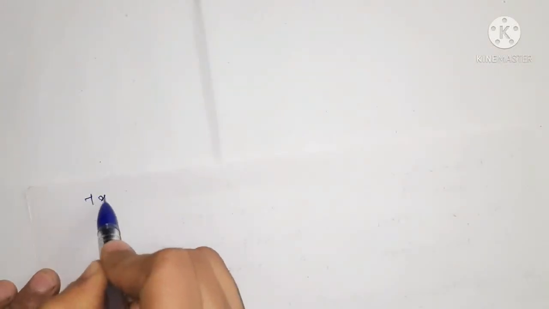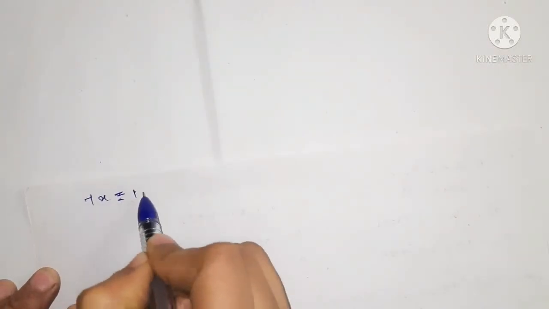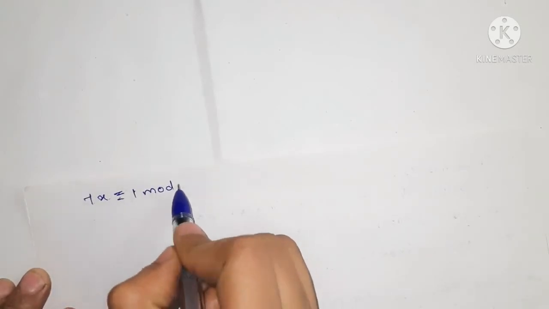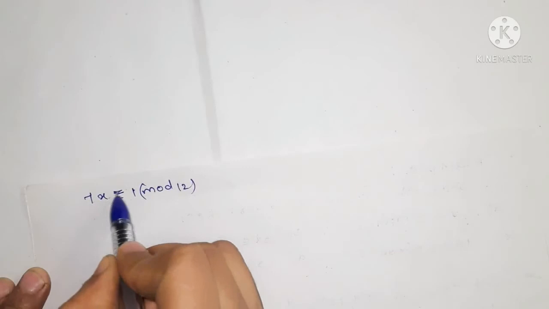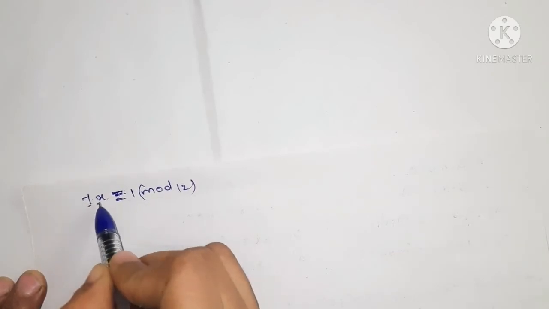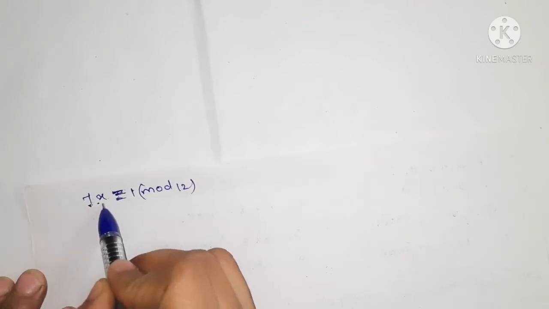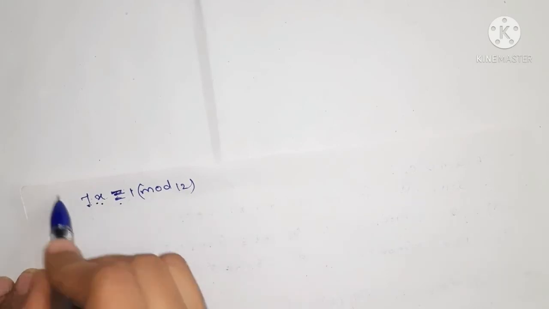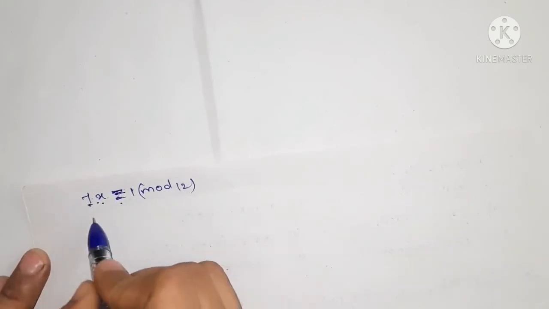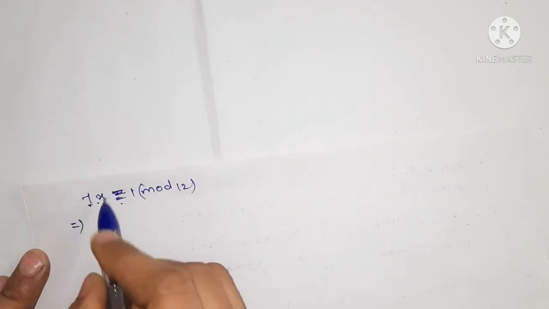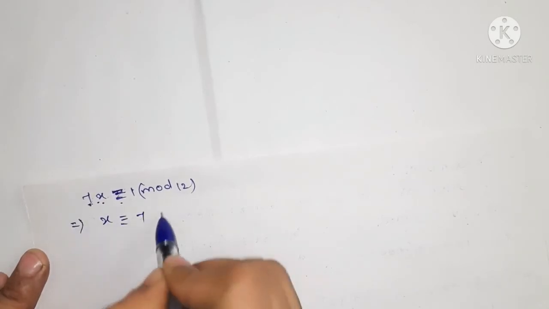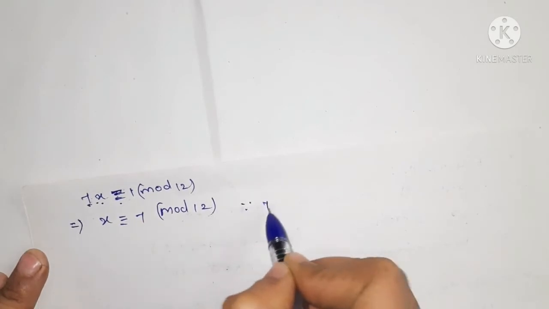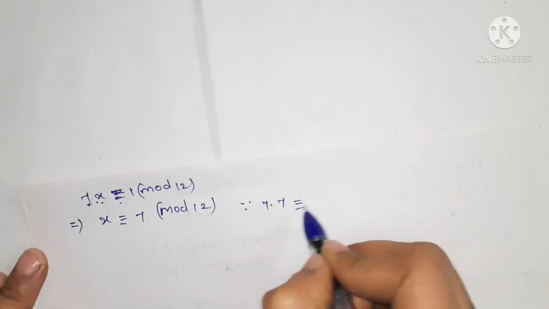So we write 7x is congruent to 1 modulo 12. Firstly we find the inverse of 7. For this we require 7 times x is congruent to 1 modulo 12. So 7x is congruent to 1 modulo 12. What does this imply? x is congruent to 7 modulo 12, since 7 times 7